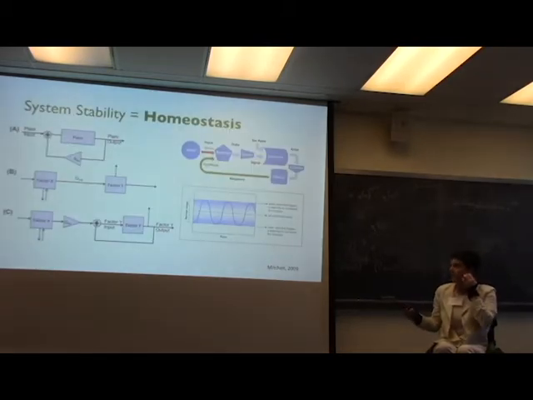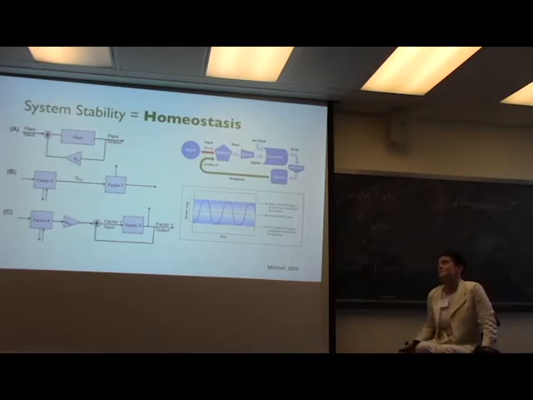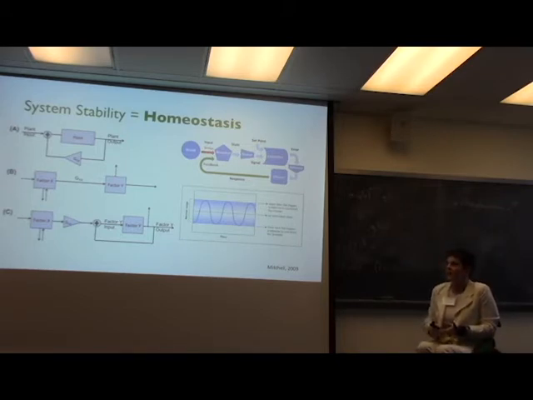Okay. All right. So I just mentioned that system stability and homeostasis is everything in biology. If you don't have homeostasis, then you're sick or you're dead. All right? So one thing that we like to consider is, what if disease is really just a phase of instability? In other words, if we could just restabilize the system, we could fix the disease. And if we can restabilize the system, we don't actually have to know what the initial perturbation was. We just have to restabilize the system.